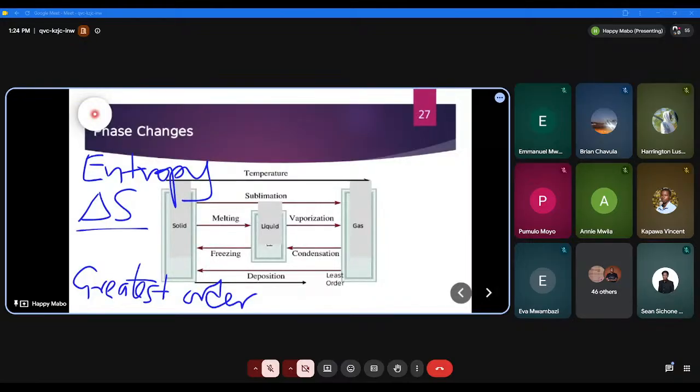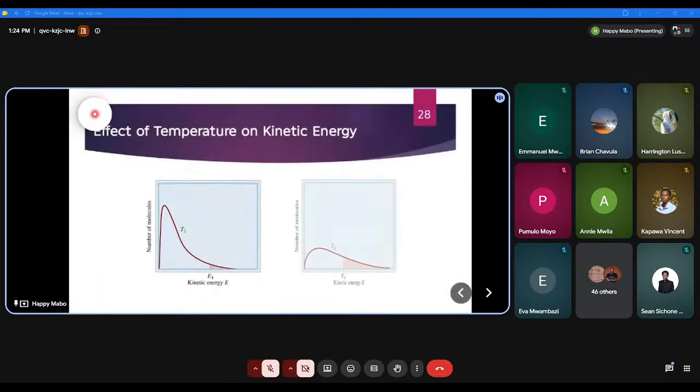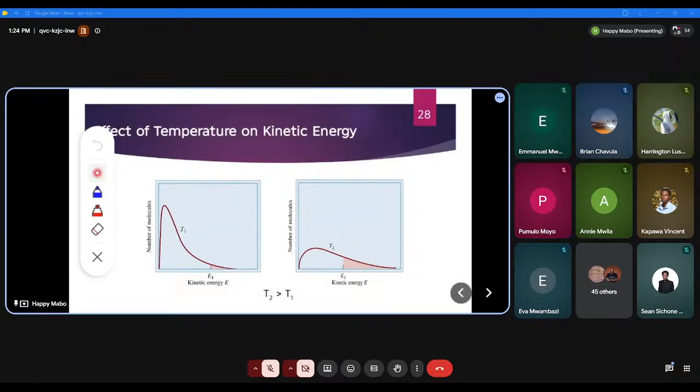To understand this better, we go to these two distribution curves that we have, which can be used to explain the behavior of particles in a given system when you are looking at the way they are going to interact with other particles. So we use what we call the Maxwell-Boltzmann